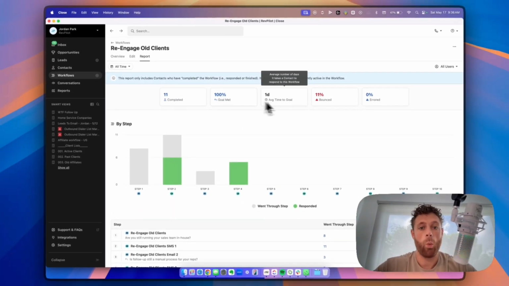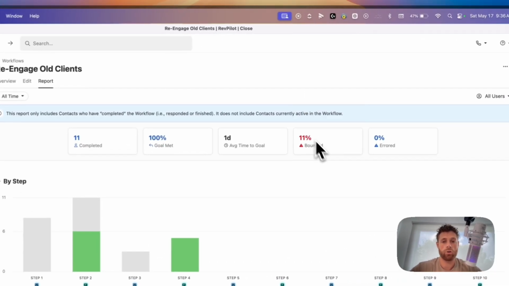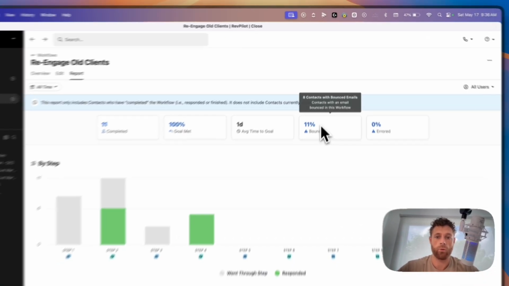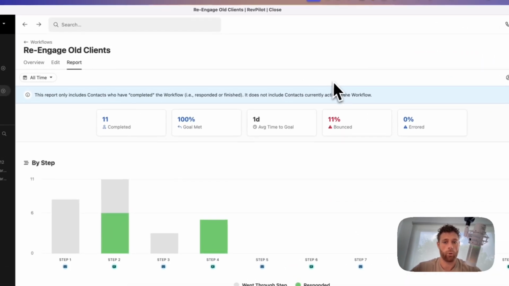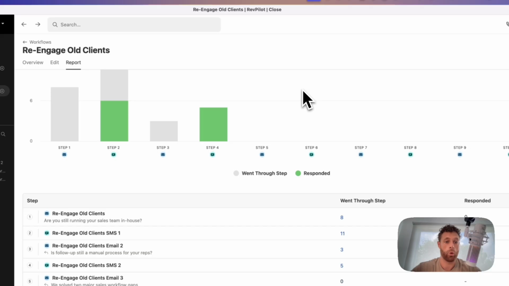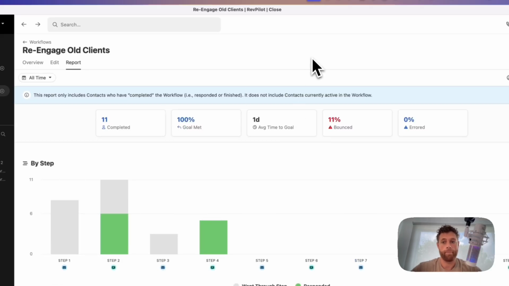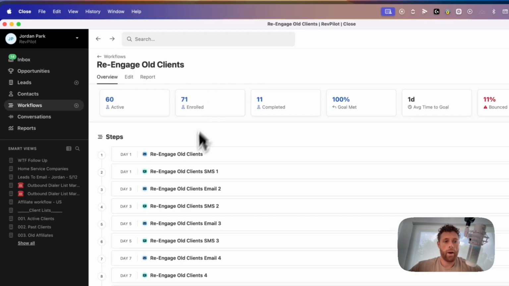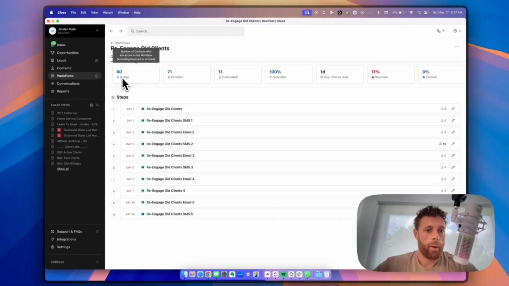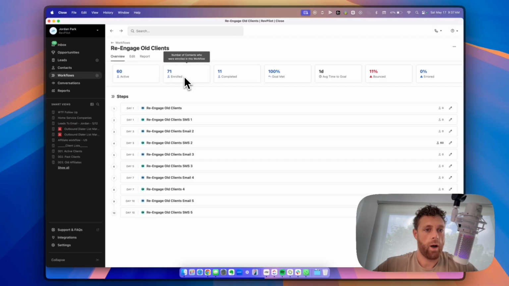Which is awesome. 1 day average time to goal, and an 11% bounce rate. Make sure that the leads you're putting in this, you've audited. This should be a lot lower. This was my fault for not auditing who I was putting in there. There was actually a decent amount of people who had left their company, and we didn't verify the email addresses first. Okay. Now, on the overview tab, you can see exactly how many people were enrolled, how many people are